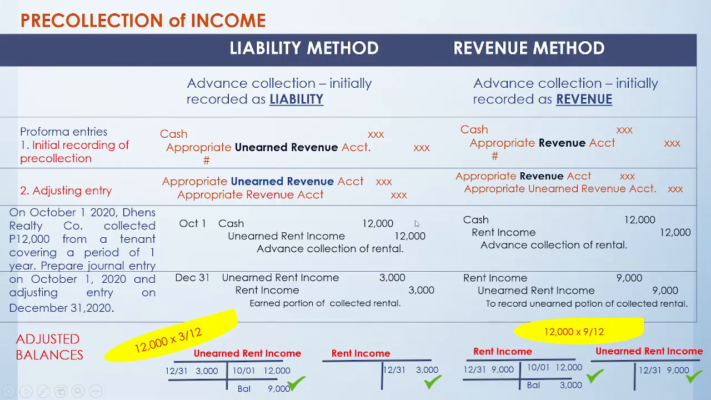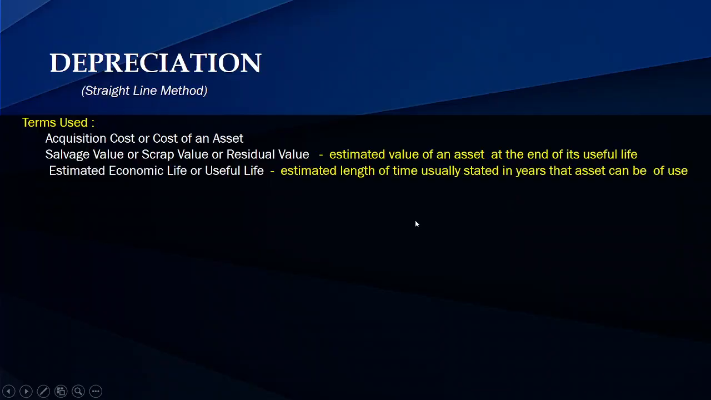Alright, let's continue. Next topic is about depreciation. What is depreciation all about? It is the allocation of the depreciable cost of the tangible assets, or property, plant and equipment used in the business, over its estimated useful life, that is usually expressed in years, in accordance with the systematic and rational allocation expense principle of accounting. Tangible assets means the property, plant, and equipment except land